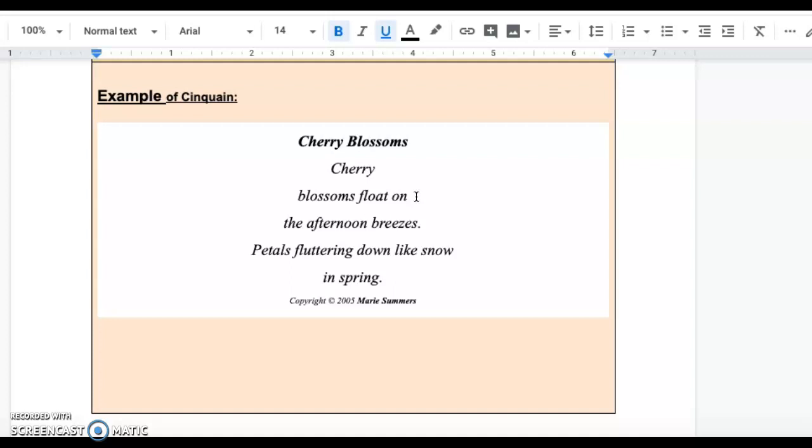The afternoon breezes is 6. Petals fluttering down like snow is 8. In spring is the conclusion, or sometimes it is a synonym or a similar word to the beginning word. So cherry blossoms float on the afternoon breezes, petals fluttering down like snow in spring.